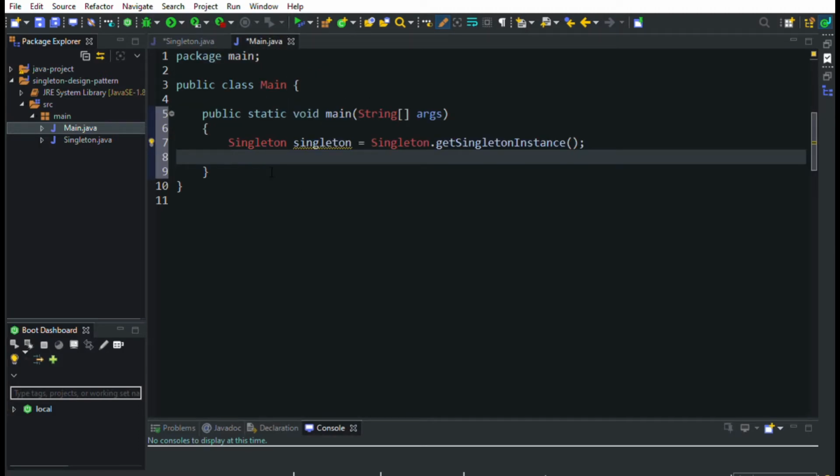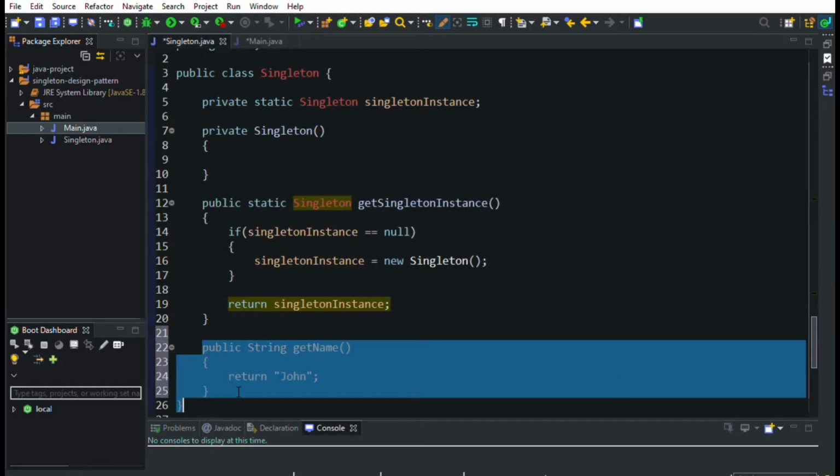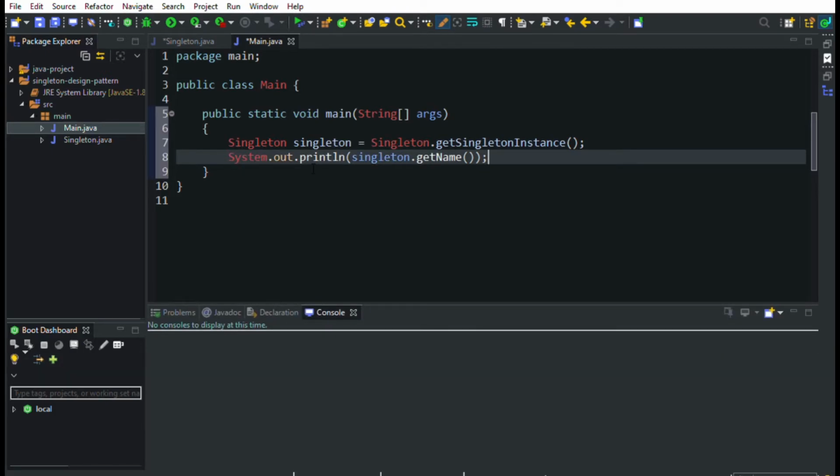Within this singleton instance, let's just display the name that we have defined within this method. So we're going to say System.out.println(singleton.getName). So we must print the name John